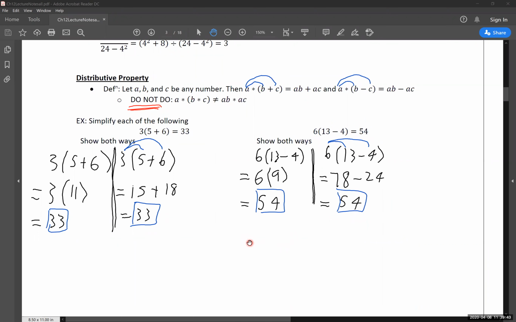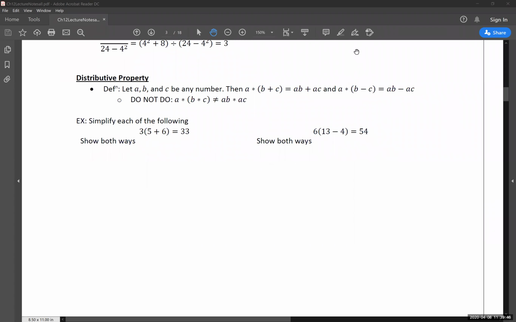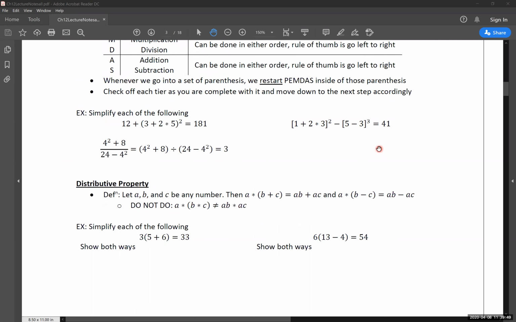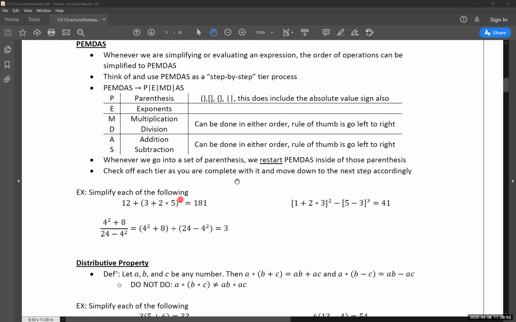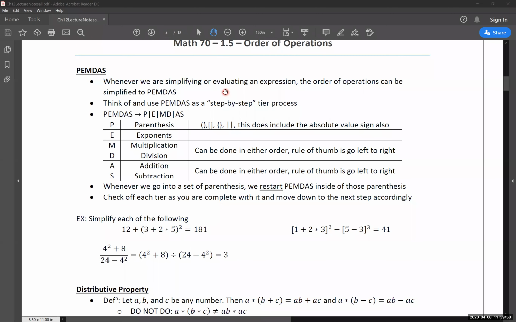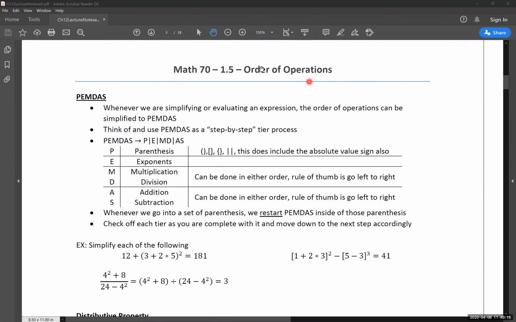Okay. So I'm going to clear all these out we have here. And again, just want to give the overview for you guys as you're going through these. Do not rush this process. This is your step-by-step guide for going through in simplifying or evaluating any and all expressions that we see throughout the quarter and everything moving forward. So if you see simplify, you see evaluate, anywhere in a problem, that's your buzzword for I'm probably going to use PEMDAS. That's your first thought that should go to your mind. Okay? It's a very, very, very important section, very, very important set of material that you guys absolutely will be using throughout the entire rest of this quarter and a lot of your future classes with that.